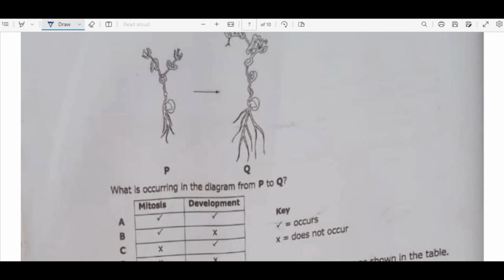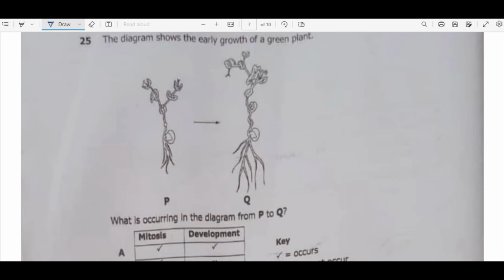In size. So there is an increase in size, and if you look at it very carefully, you'd find that there are certain things that have developed here, or the roots have grown, the roots here have grown. So now we want to look at the answer there. So number one,